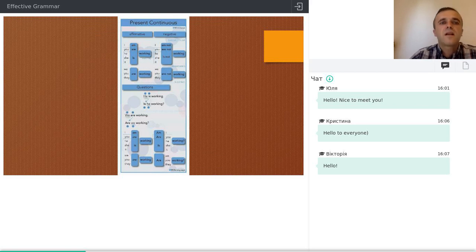So this addition is Ella's language, and here you can see that it's a very clear template: how to form positive sentences in present progressive and negative sentences, how to form some questions, different types of questions. So these additions are really helpful for